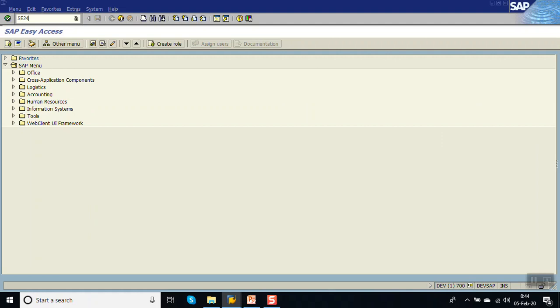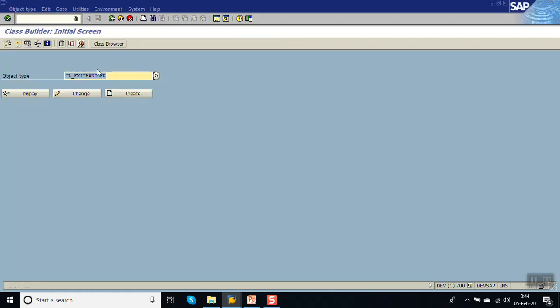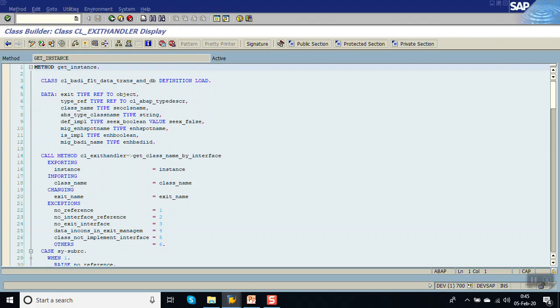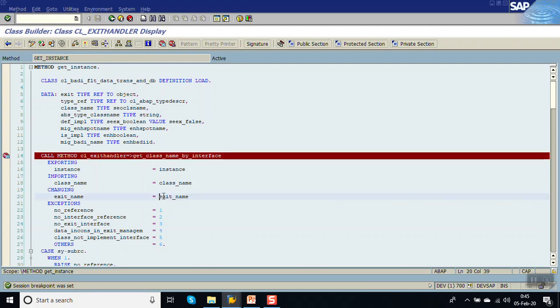So go to SE24, enter the class name as CL_EXIT_HANDLER, click on display, double click on GET_INSTANCE. Here put a breakpoint at line number 14. Here the BAdI name will be in the exit_name. Now once you set the breakpoint here,